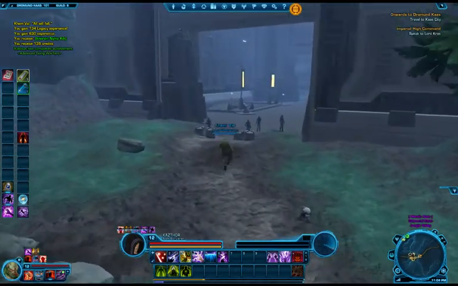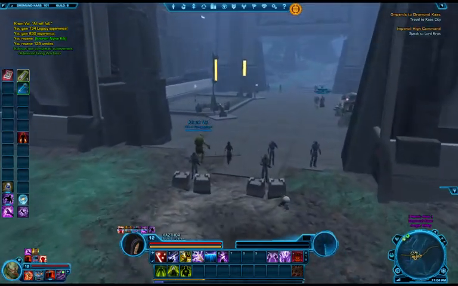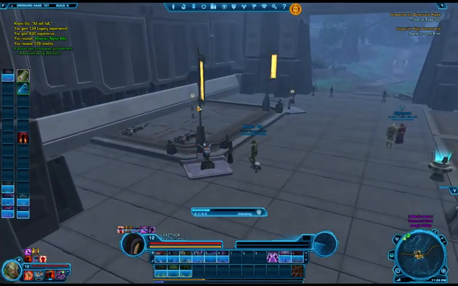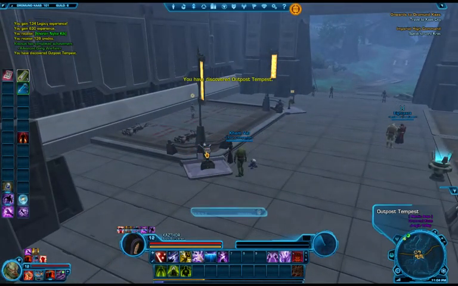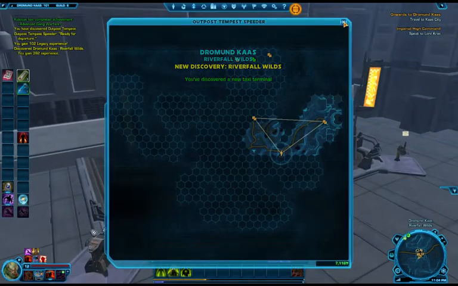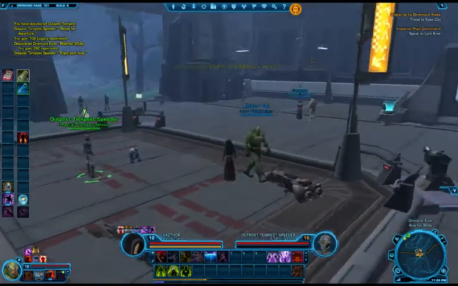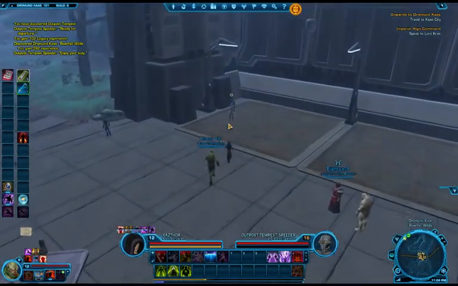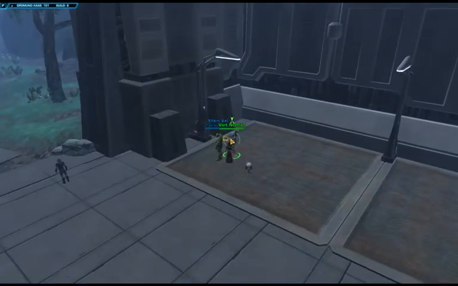And here we hit the next station. If you took the flight path straight to Cass City, you'd miss out on this taxi point here and this quick travel terminal. It's just in the middle here. Whoa. Okay. Here's a mission. It's a heroic mission, so...